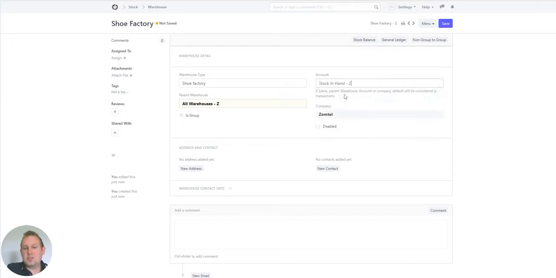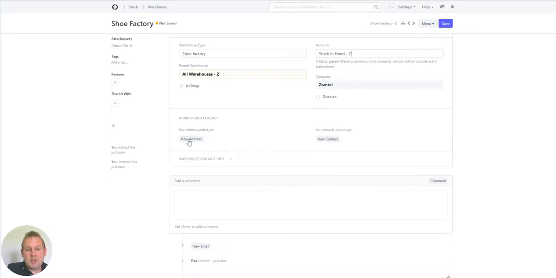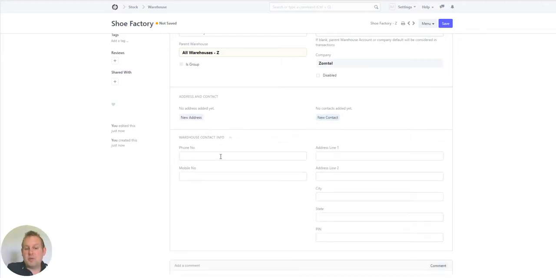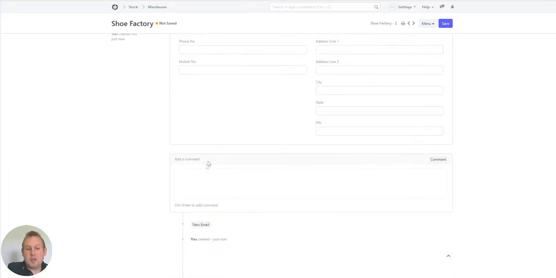Well, let's just use the account we already have to speed up this use case video. Then we have the address, so you can add your address, you can add your contact, and you can add your warehouse info, so phone number, mobile number, address line, etc. Then from here you can also add comments, you can have your new email, everything you ever want to. So let's say we're going to save this for now,